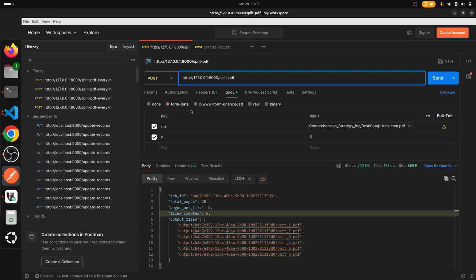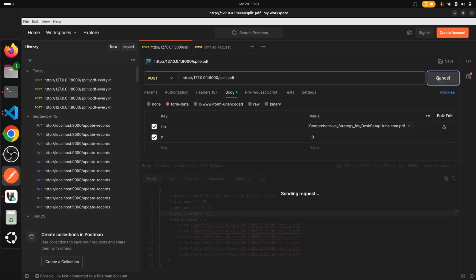So select body, and in the form data, add a new key. Type file here, and as you can see, there is a small dropdown, so from there select file. You can select the file itself and choose any PDF. I have selected this big PDF, and I will divide it by 10. Okay, so after every 10 pages it will create a part, right? So if I send the request,